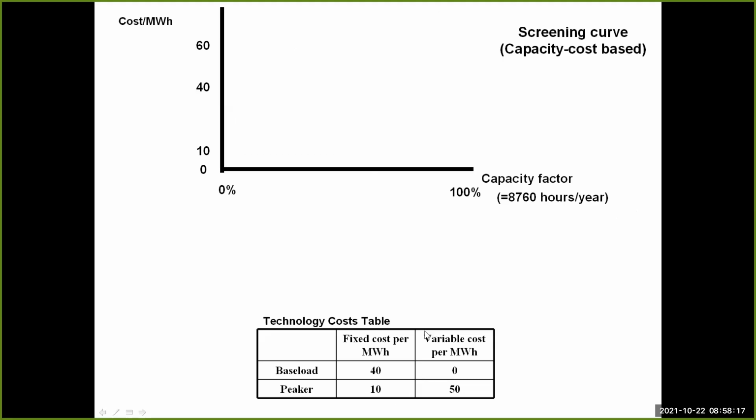Why not? Well, for that we use screening curves, and here we put the capacity factor. So what percentage of time in a year is this plant going to be used? And we then put here the cost. And so what about base load? Well, for base load, it doesn't matter. If I use it 0% or 100%, I pay basically $40